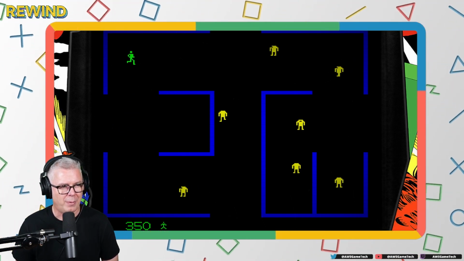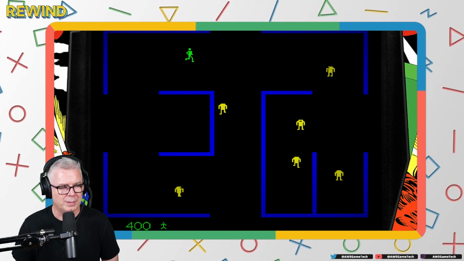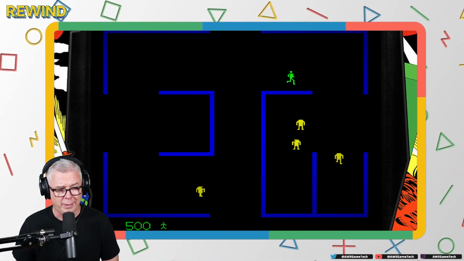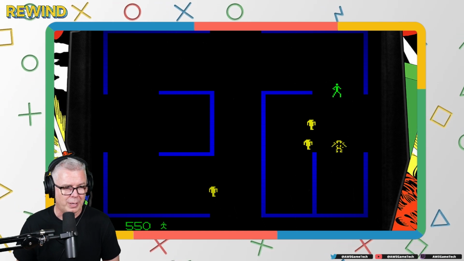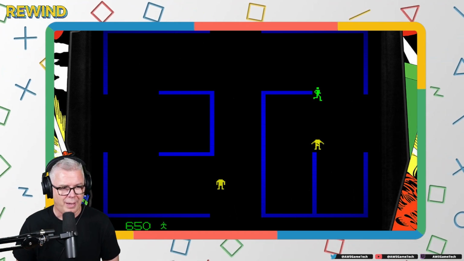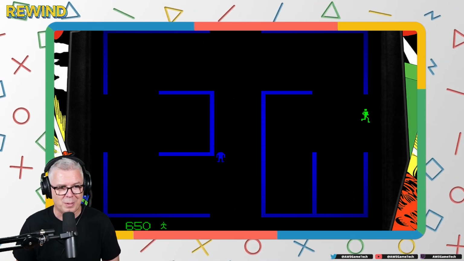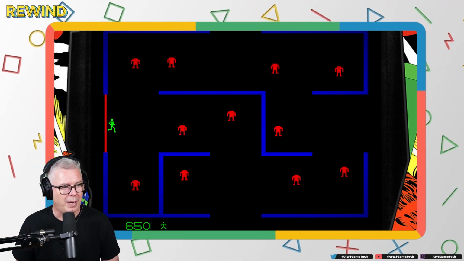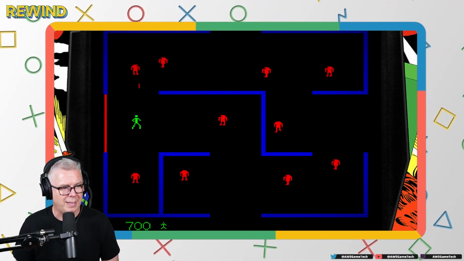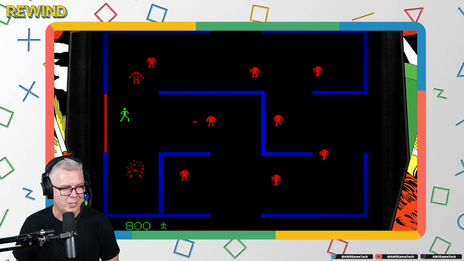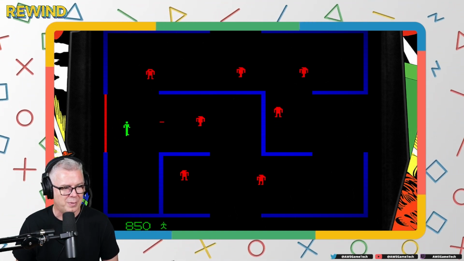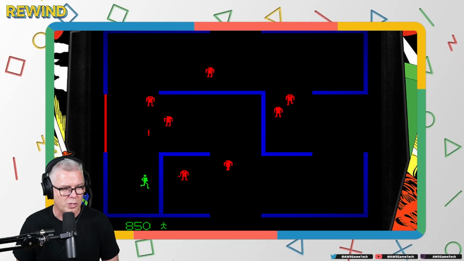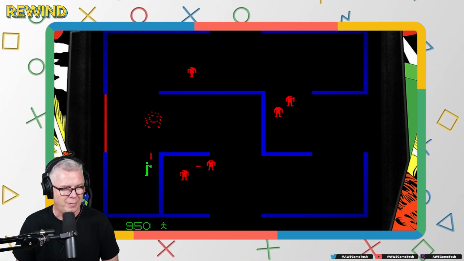And then I forget what happens after the red levels there. Now, there was a story that I remember hearing growing up about Berserk being the only game where somebody died playing it. Very sad story. But I believe what it was is that the kid playing it had a heart condition. And so it really didn't have anything to do with the game. It just happened to be a very unfortunate situation. Very sad.